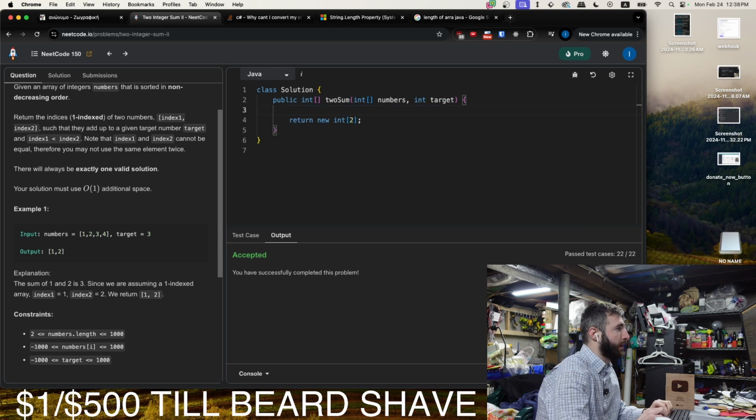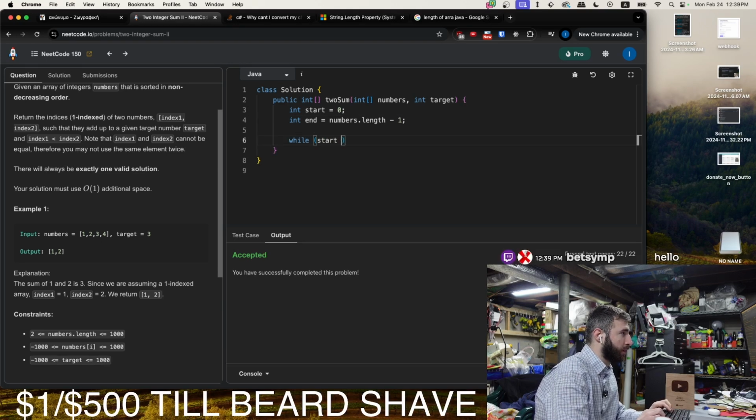So we'll have a start counter, start, which equals 0. Int end equals numbers dot length minus 1. Okay, so while start is less than end, we will see